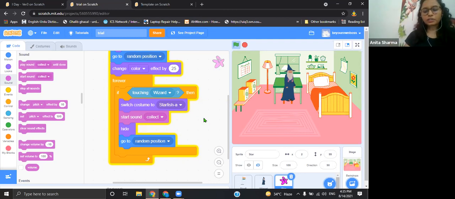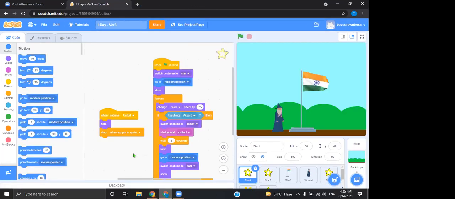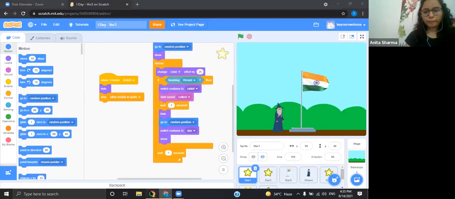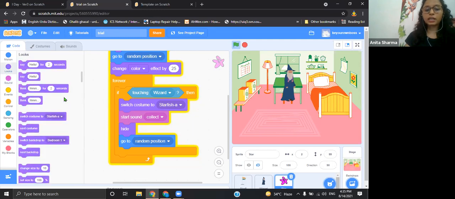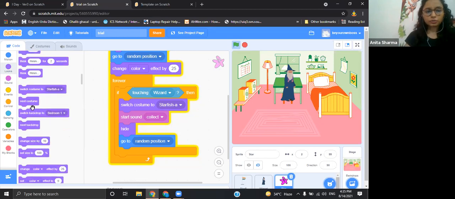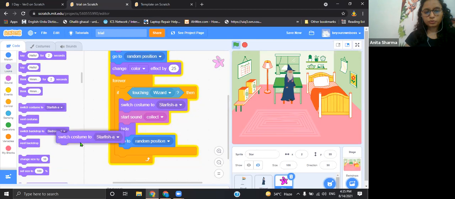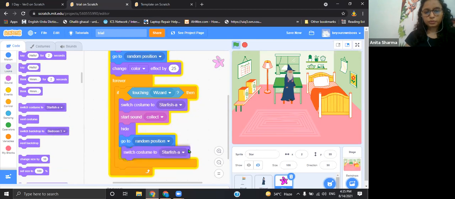Okay, to a random position, and then it should show up, right? It should show up, but in the costume of a star, not starfish, right? So we need to go to looks, because looks is the category which takes control of all the looks and everything. So switch costume to star.